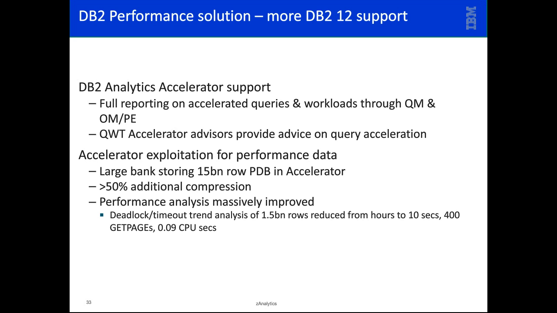In addition to that, we provide you with performance data. In this example, a large bank was storing 15 billion rows in the accelerator. They saw that with compression, it was greater than 50%, and without these tools, they would not have been able to look at the improvements as well. If we go to the next slide,